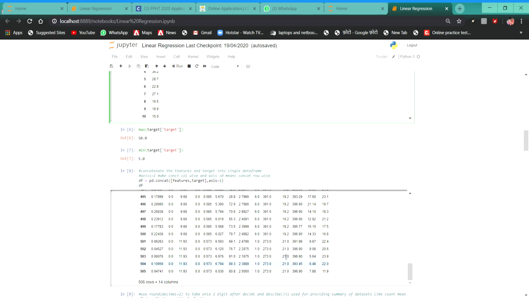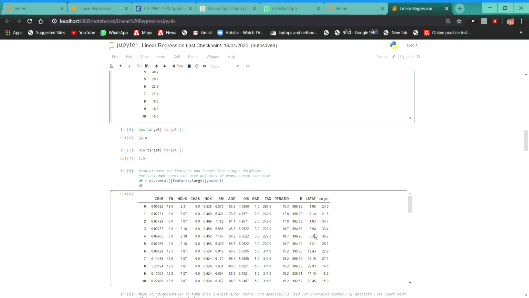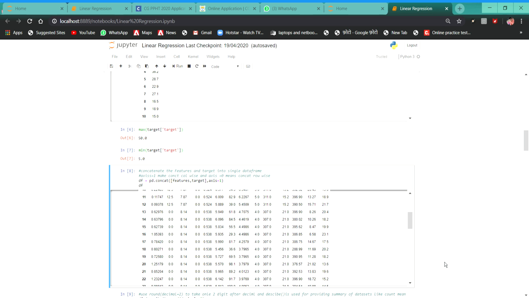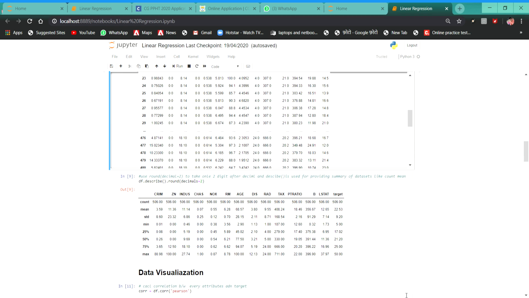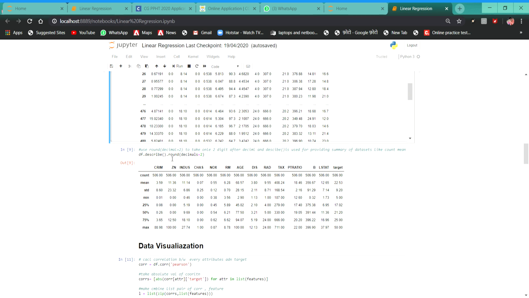One more column is added, that is the target. Next, the describe function is mainly used for a summary of the dataset like count, minimum, standard deviation, maximum values, and median.